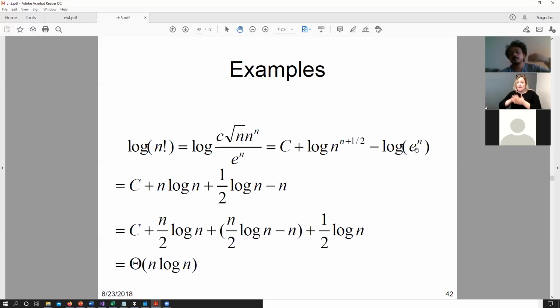We can assume that our base is e. It becomes a natural log, and that essentially becomes n, right? We talked about this property earlier. Now, since we have all of these terms, we see n log n, and we can simplify it a bit more, but n log n is the most dominating factor in this entire equation.